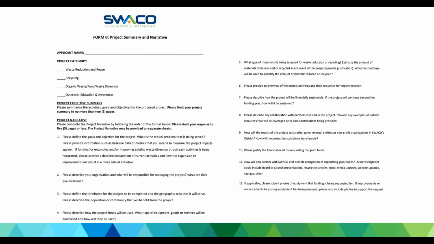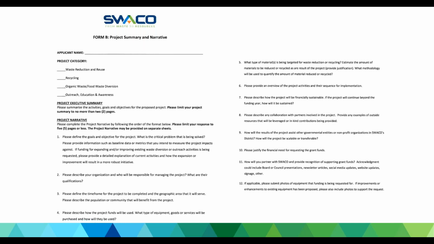We're also looking for the transferability of successful waste reduction and diversion strategies, and how those activities will be sustained and if they'll continue into the future. And then if you're collaborating with other partners, or you're creating jobs, or you can identify the number of people affected through the implementation of your project, this all makes your application stronger.